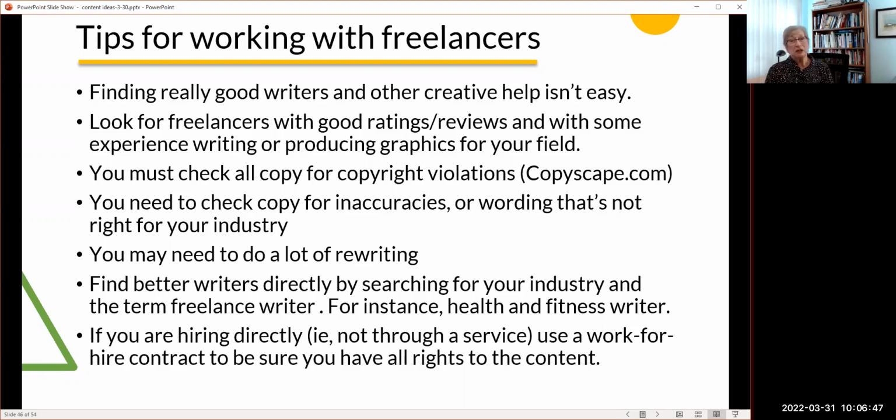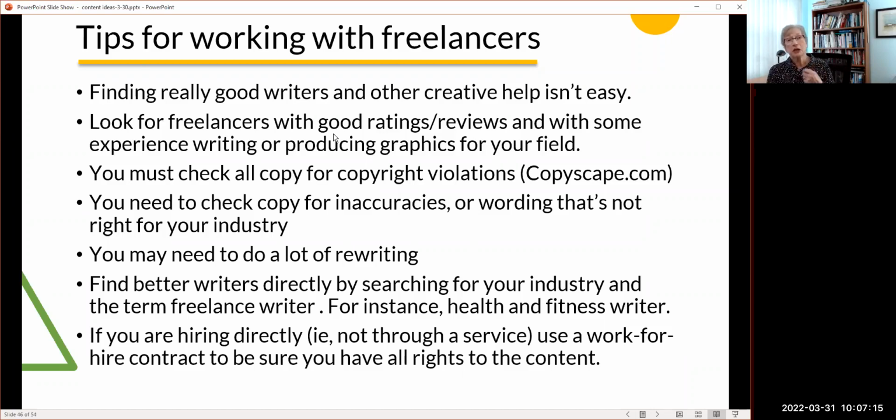I found on some of this content that I've bought through these services that I've had to do a lot of rewriting, but rewriting the content after I bought it was easier than taking the time to write it myself. If something isn't satisfactory, you can send it back and ask for it to be rewritten, or if it's still not satisfactory, you can ask for a refund or a credit.